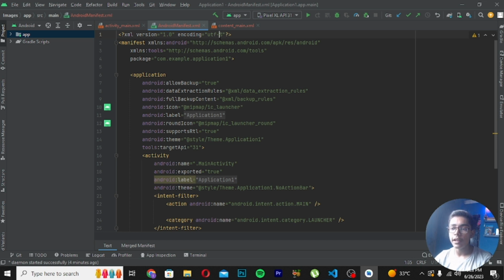In 2023 we are getting the version of UTF like this. So this is the UTF-8 version which we are using here in the encoding. We will not be doing anything here, we will be directly moving forward. Then after this tag we are getting a tag which is called